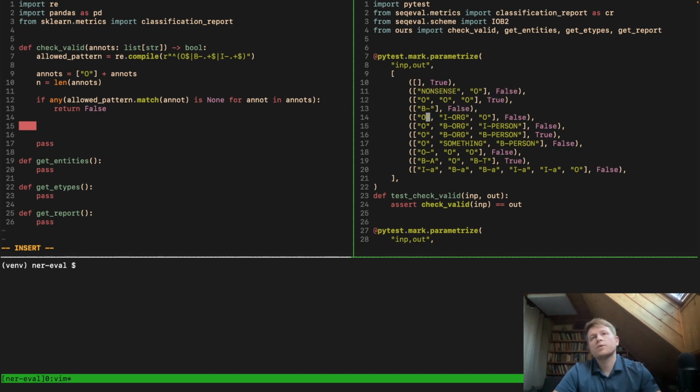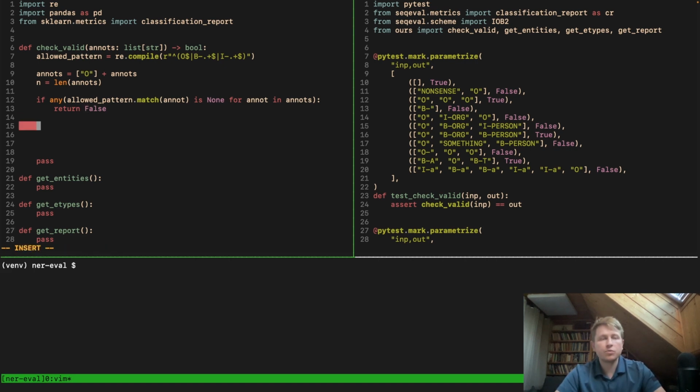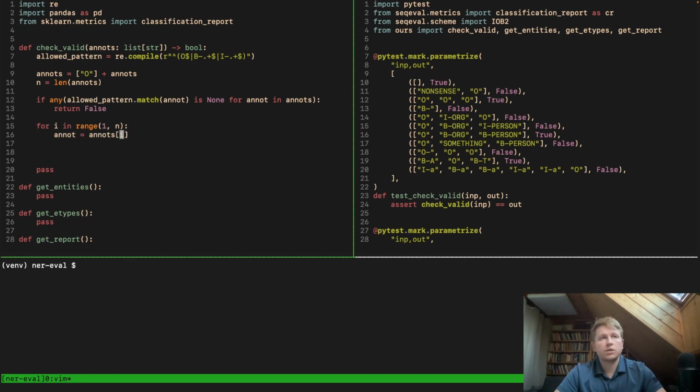Because let's say this condition would be enough to determine that this is false. However, this condition would not be enough to prevent these I-dash, or inside tokens, from being the start token. So let's handle this one, and I think then we should be done. So what do we do? We just iterate through every single pair. So for i in range 1 all the way to n. We look at the current annotation, the current token, and we look at whether it starts with an I-dash. So if annotate